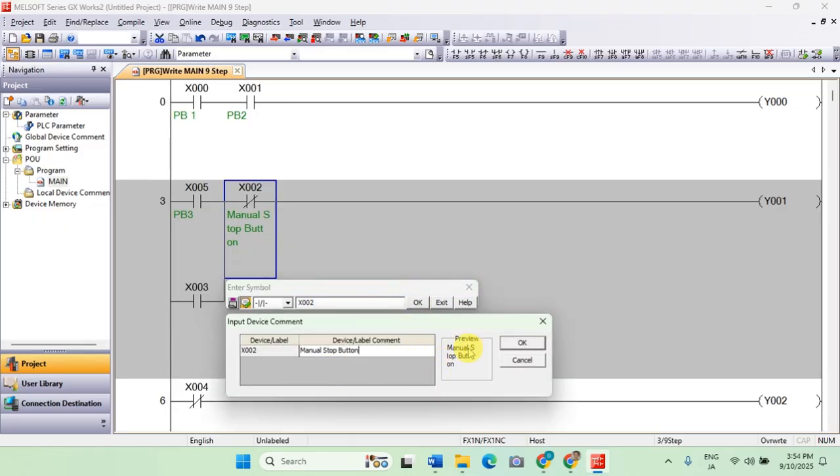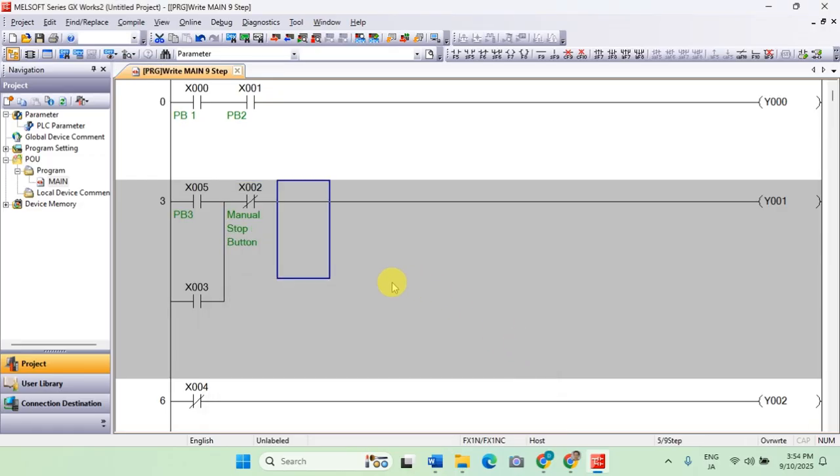You can see on the preview what you will see afterwards when you press enter. So we can adjust it here by adding a space. Manual stop button. Okay, so that's how we correct the misaligned comment.